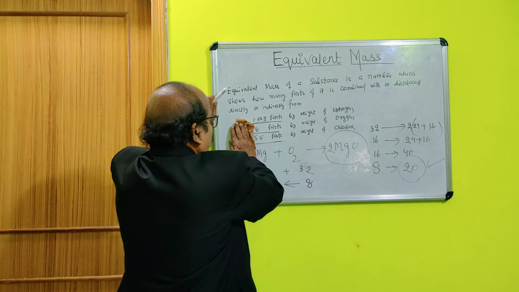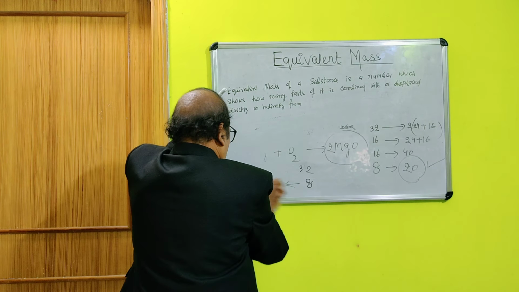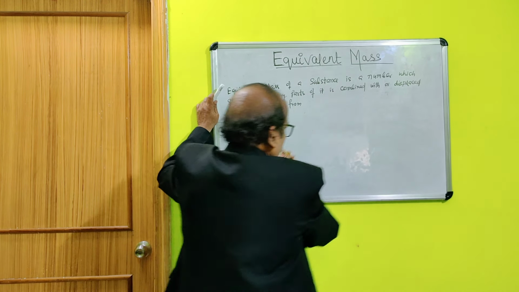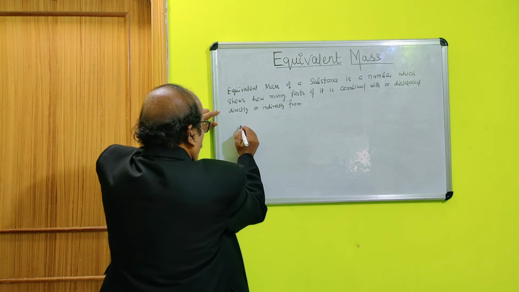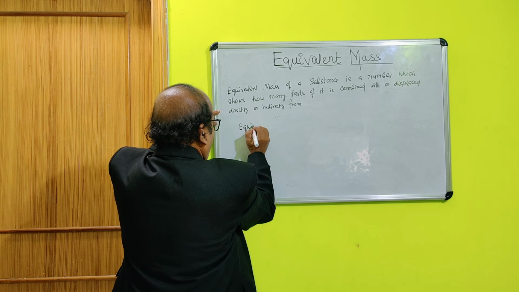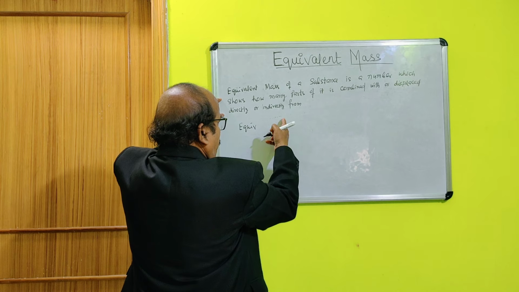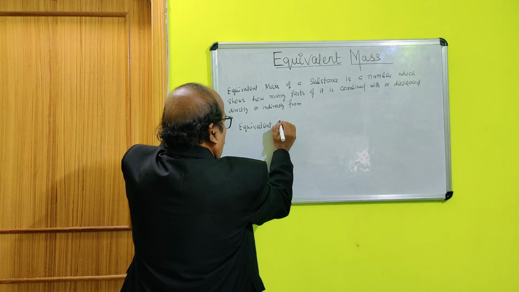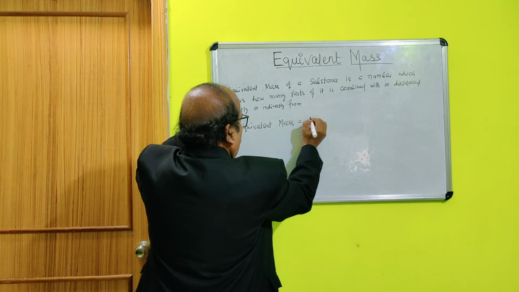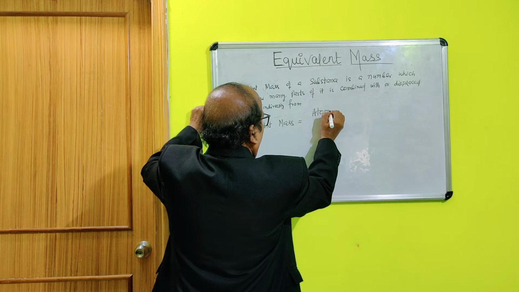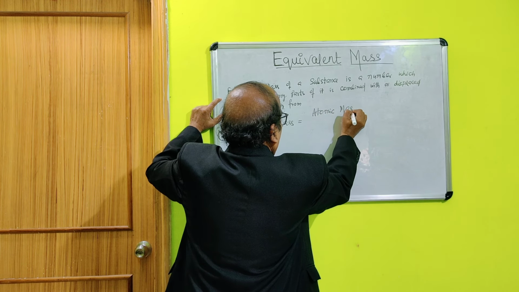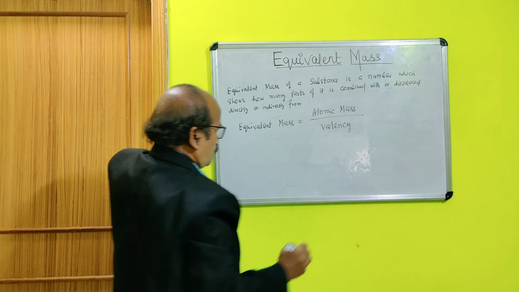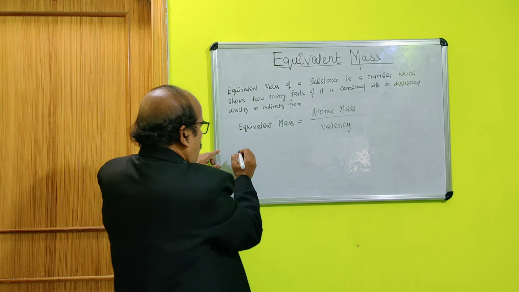Now, there is also another method. In addition to the definition, equivalent mass is equal to atomic mass by valency. We use this often. So the equivalent mass of